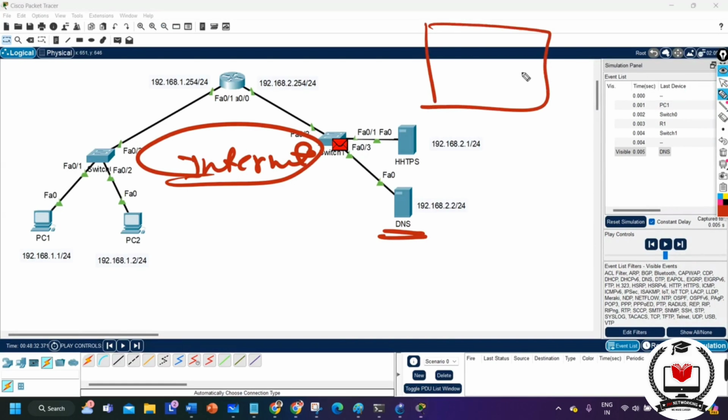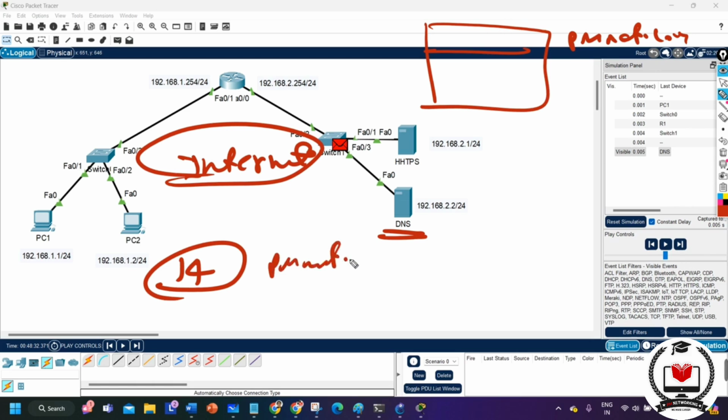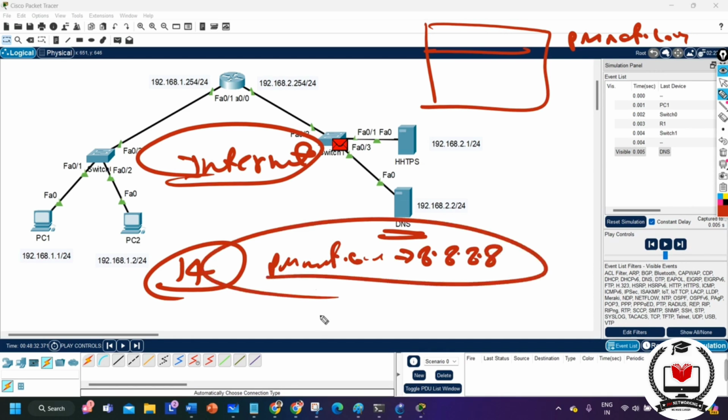Like if you are creating a website for your company, like I have created a website for my company and my domain name is pmnetworking.in. So on the internet, in total there are 14 root servers. On these root servers, the ISP is going to make one entry in their DNS database: the IP address of pmnetworking.in is my public IP address, 8.8.8.8,